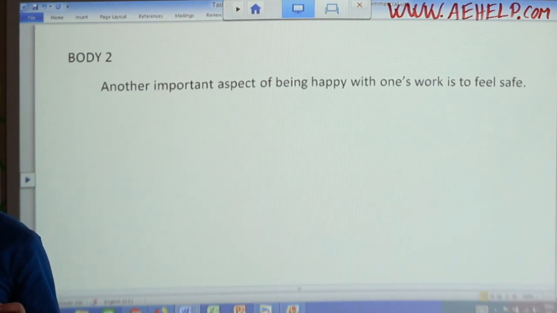Another structure would be to write about the 2 points in body paragraph 1 and then write about why it's not possible in body paragraph 2. That's a different structure. It's also possible to write that way, but it's a more difficult way to write. This way is the easier way to write it. With point 1, it's not possible for everyone. Point 2, it's not possible for everyone. All right, so